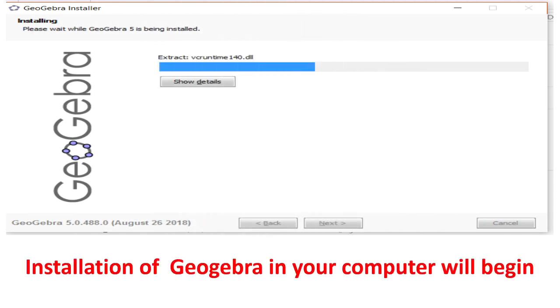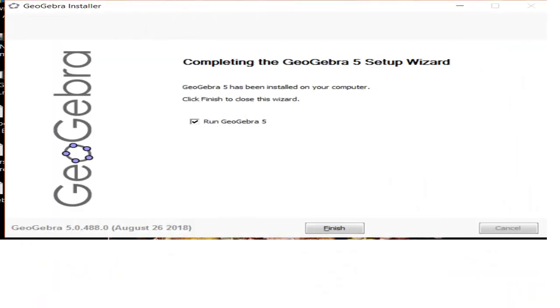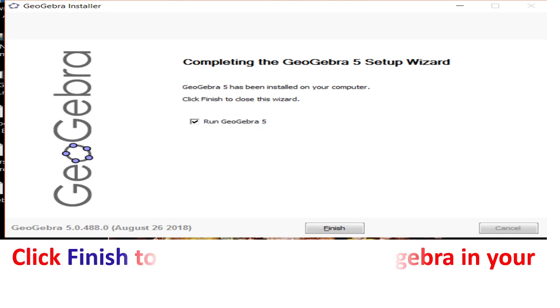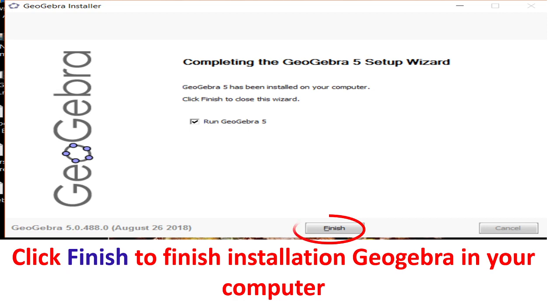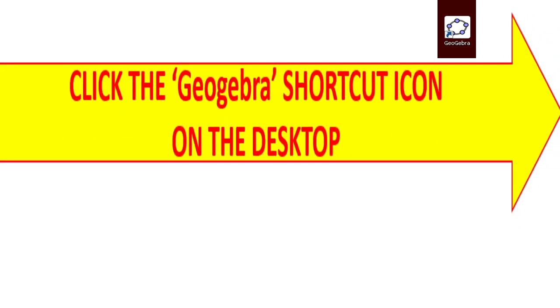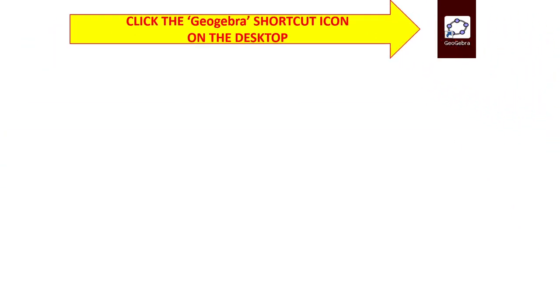Installation starts. It will take only a minimum of 2 minutes to get GeoGebra installed in your computer. It is completing the GeoGebra 5 setup wizard. Then click finish to start GeoGebra in your computer. Now when GeoGebra has been installed, it will have a shortcut icon on the desktop.